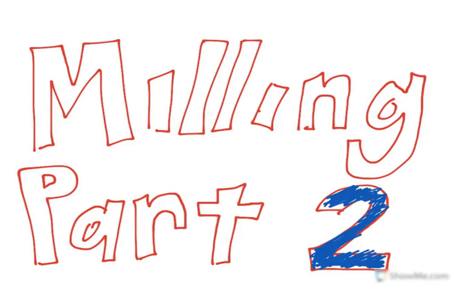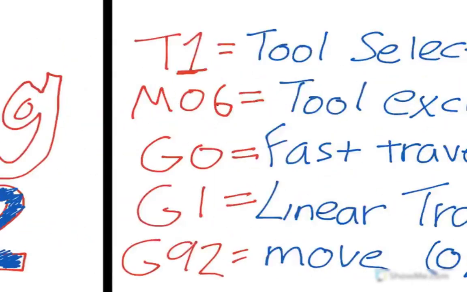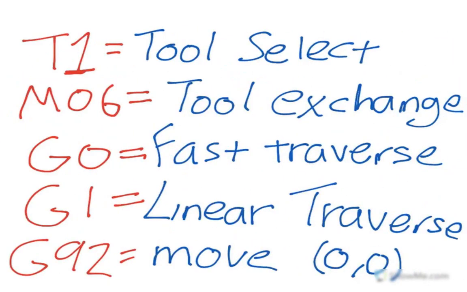Let's take a second look at how to mill a part. So milling part 2. There's a few things we need to know before we start milling this time. Let's make sure we know the codes that we're going to be using. For starters, we have a T1, which is going to select the tool that we're going to create. Then we need to have an M06, which is basically a tool exchange. So first we're going to select the tool, and then we're going to tell the machine to actually change to